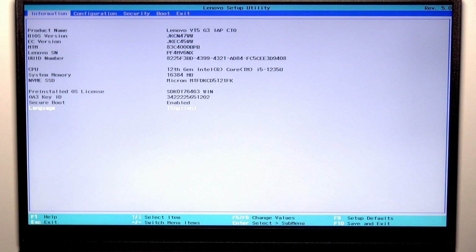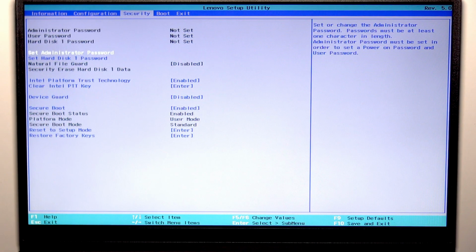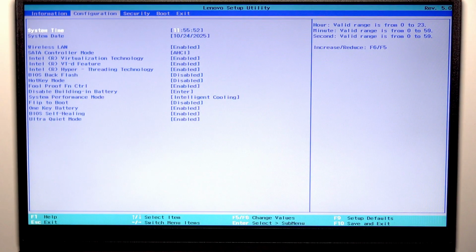First of all, enter BIOS. To do that, turn off your PC completely. Once it completely powers off, short press the power button and then start immediately pressing F2 button repeatedly until BIOS menu appears on your screen. And then use left and right arrow keys to navigate between tabs, and down and up arrow keys to